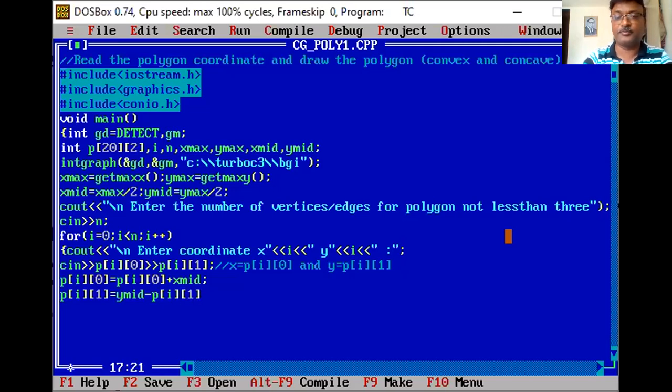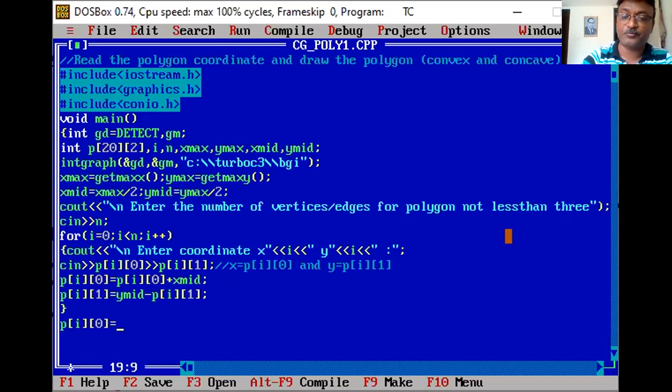Okay, so this is the subtraction, which means it is going to convert from your point. As I told you, the last point is always the first point. So here, P of I0, whatever it is, this is my last point, and you have to initialize it to which one?